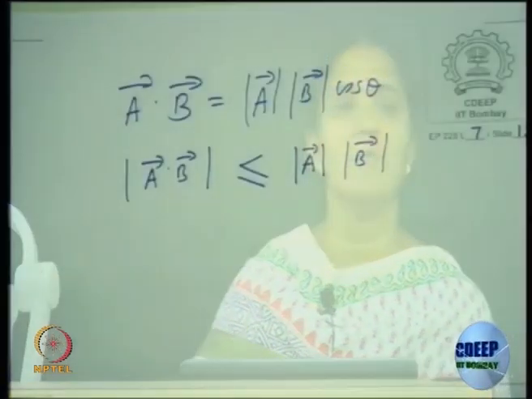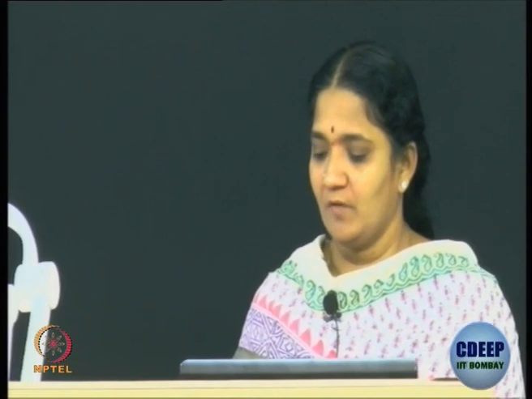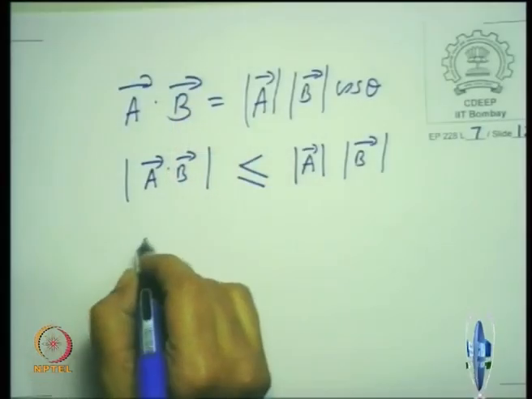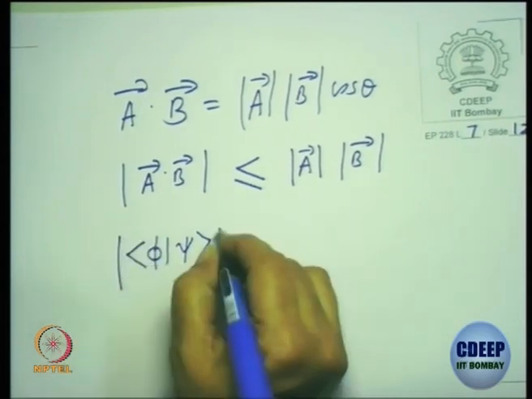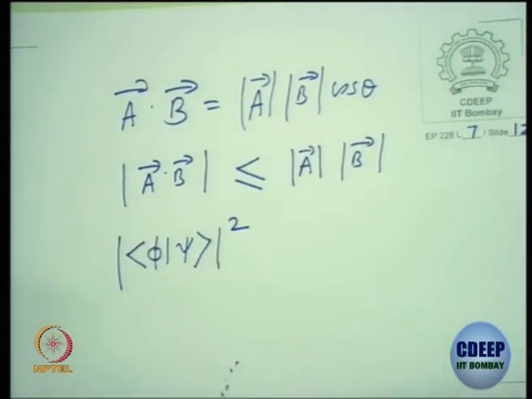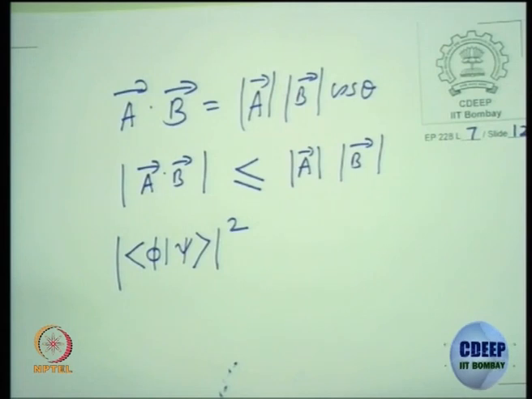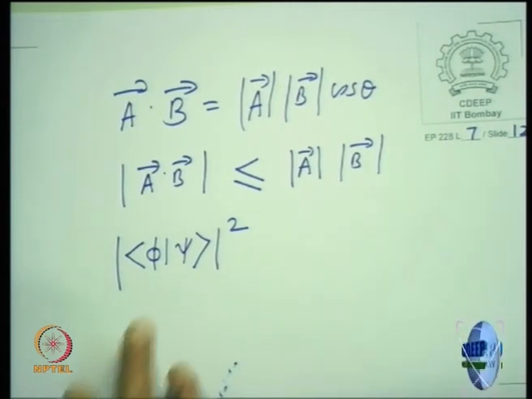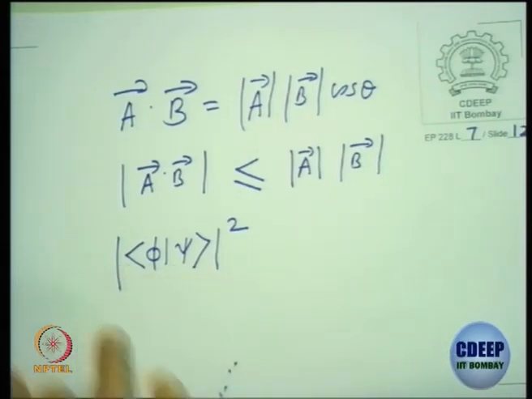But for the same thing for the inner product, we need to replace the dot product by an inner product for an abstract vector which defines a quantum mechanical system, and prove this property. Okay. How do I write this? I could write this A dot B, as I said, as the inner product of phi and psi, but then I will take mod squared, that is invariant under psi phi interchange, right. The inner product of phi psi is psi phi star, but the mod squared of psi phi is the same,